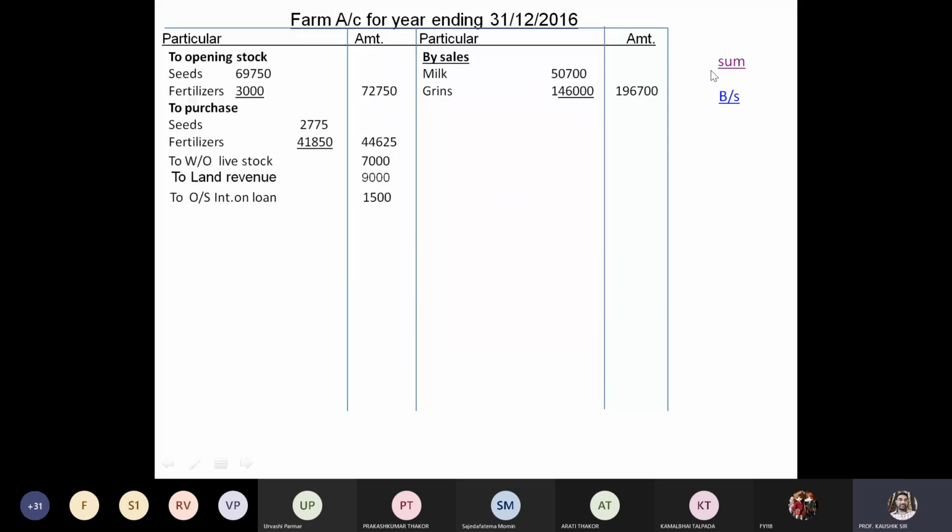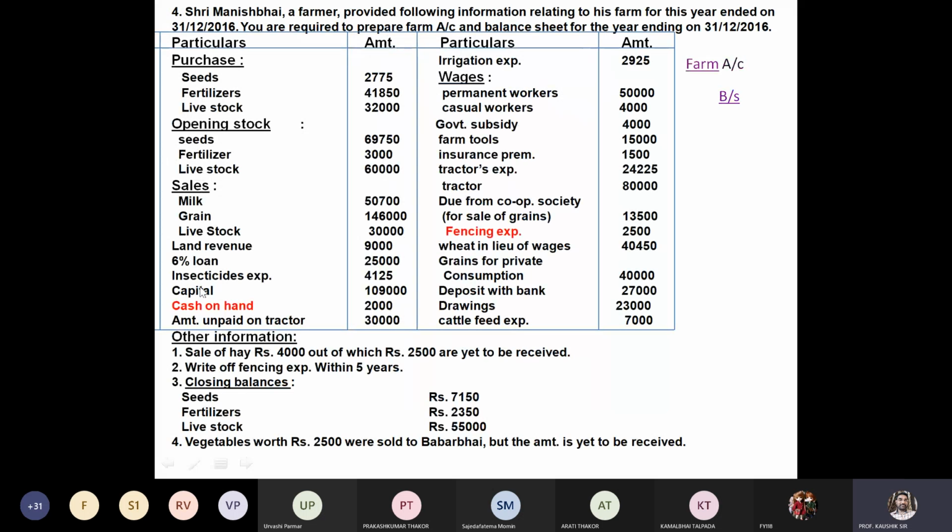Go to the balance sheet. Insecticide expenses,